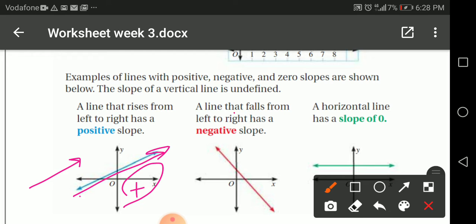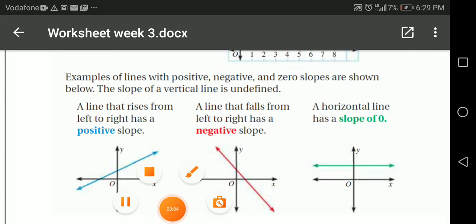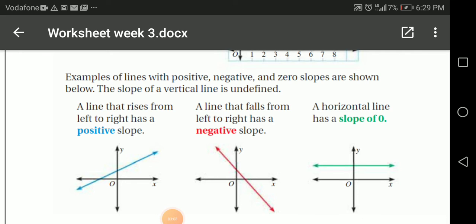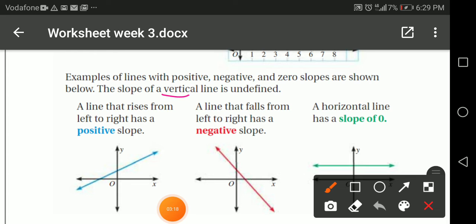The line that falls from left to right, and this is very easy, is a negative slope. What about the horizontal line, the third one here? This is the slope of 0. And the vertical line is